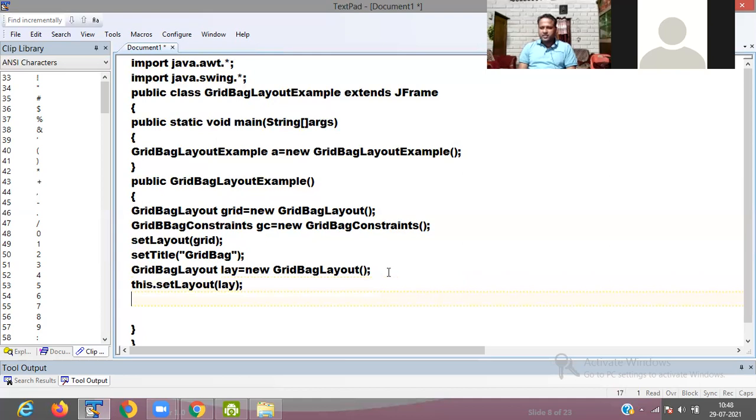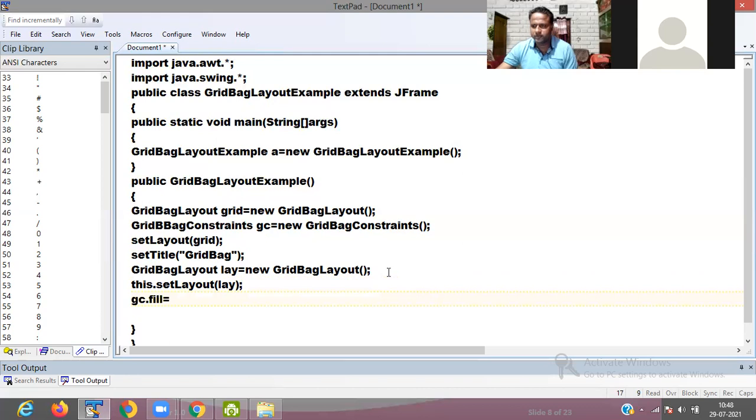Then we are passing the object of GridBagConstraints: gc.fill. So here we are using the fill method.